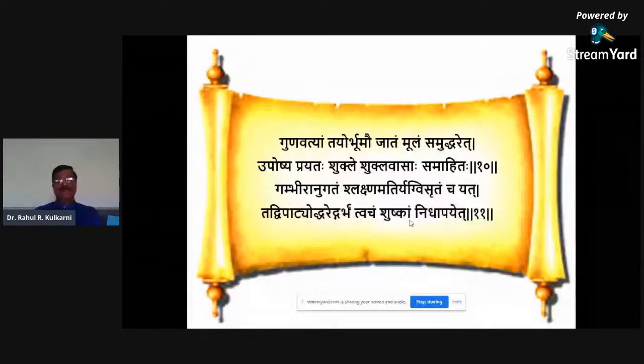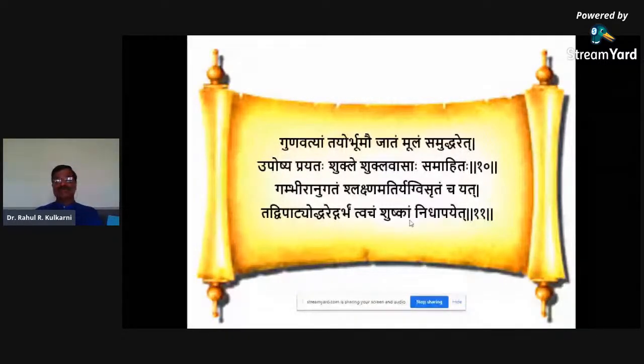Now he says, Gunavatam tayor bhumau jatam moolam samudhare. It means that in an ideal land where these Shama or Trivrut Mula grow, you have to go and collect, and the root has to be unearthed. Samudhare, it has to be plucked from the ground. Uposha prataha shukle shuklavasa samahitaha. Means one day earlier the Vruta, that is Upavasa and other Vrutas, has to be performed, and on the next day morning in the Shukla Paksha,